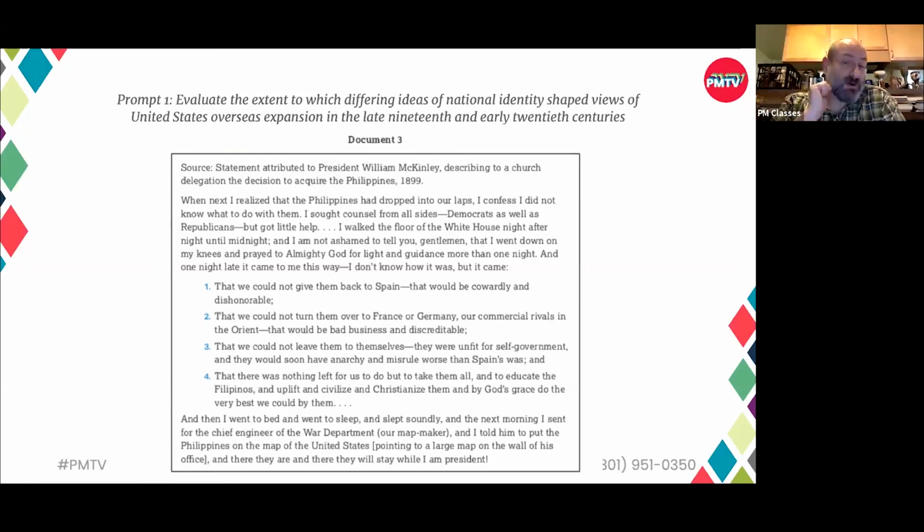We have here something that is justifying American rule over the Philippines. Now let me also remember, they were a Spanish colony. There's a very large Catholic population, so the idea of Christianizing a large Catholic population is something to be aware of in reading this document. And that's probably a more advanced reading here. But nonetheless, this idea of Americans spreading Christianity, the secular government of the United States promoting this religious mission, is worth noting.